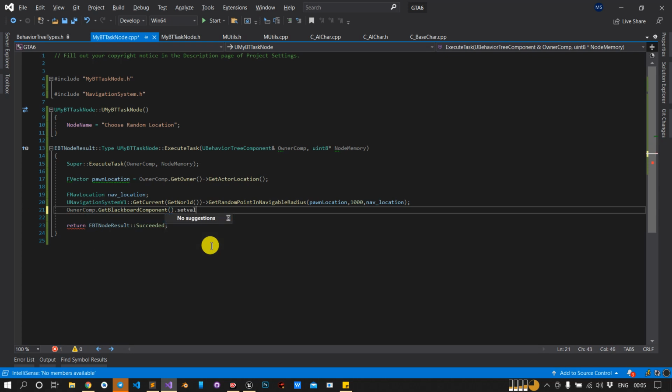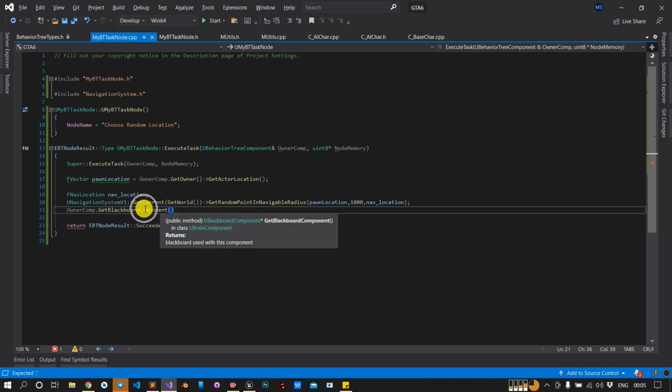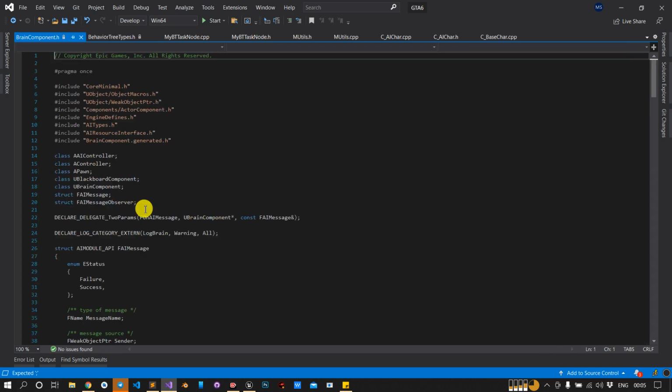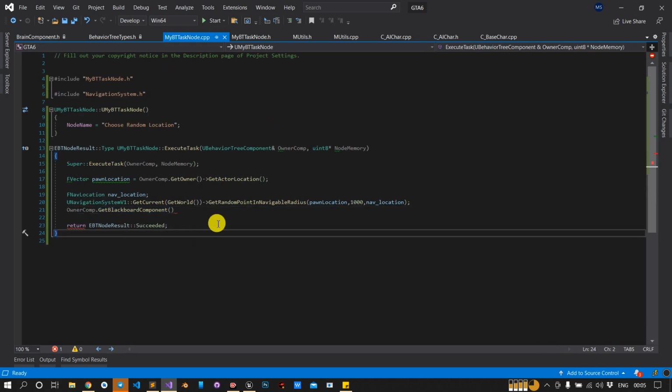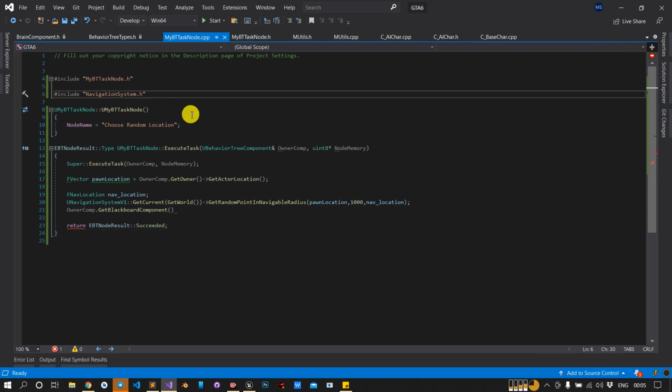It is not showing the functions because we haven't included UBlackboardComponent, and we don't have its definition in our class, so we will include it first.